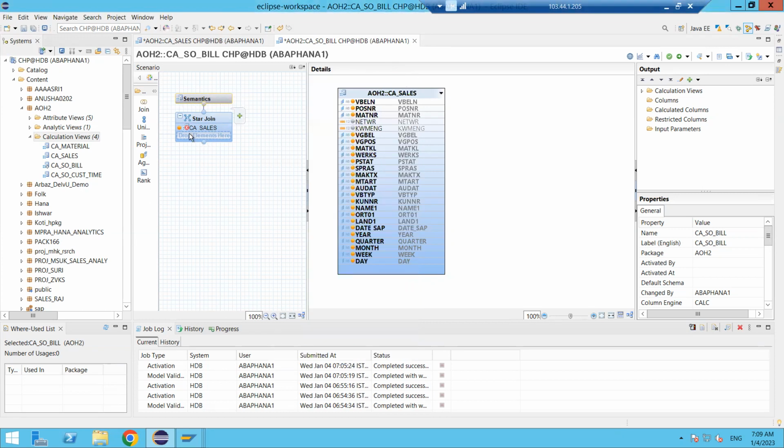Here in this star join, it will not allow tables. It will not allow attribute views and analytical views also. It will allow only calculation views, the star join. So what I will do, I will create one more calculation view for billing,